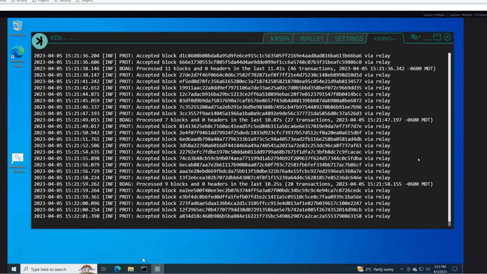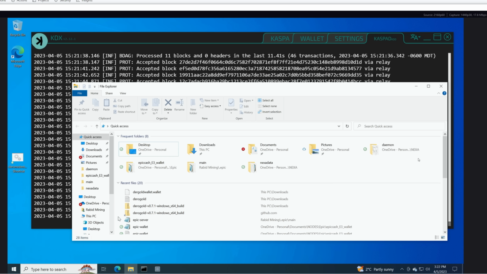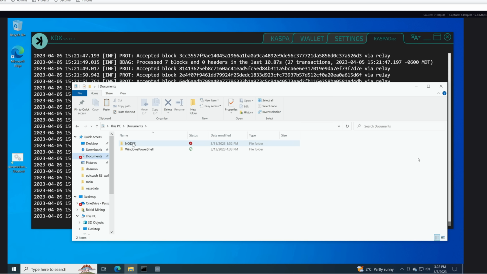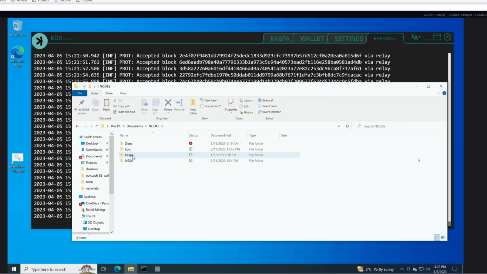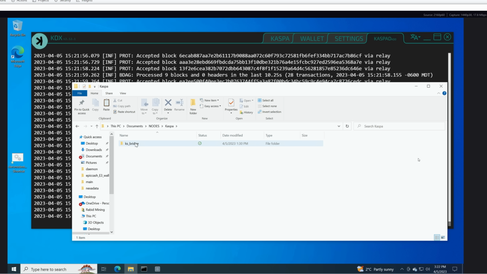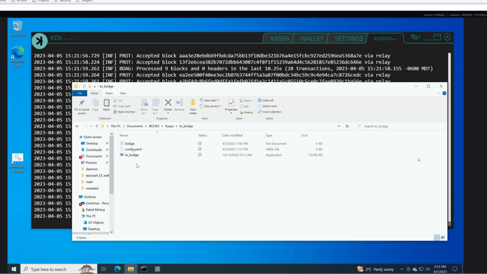Next up, we're going to open up our actual Stratum thing. So I'm going to come into here. I'll go into my documents. My mouse is a little slow, so I apologize for that. We're going to go into my nodes, KASPA, and then I'm going to go to KS Bridge. So I just downloaded it and I extracted it into a KASPA folder by itself so I knew where it was. And then we're going to have to go to this